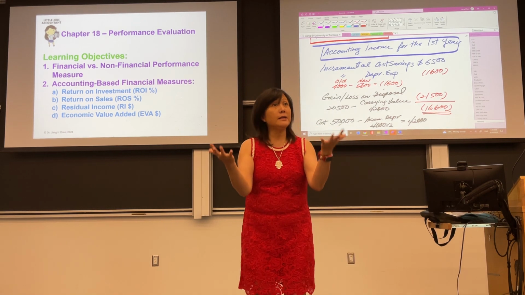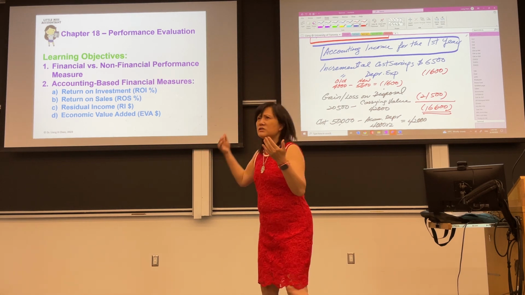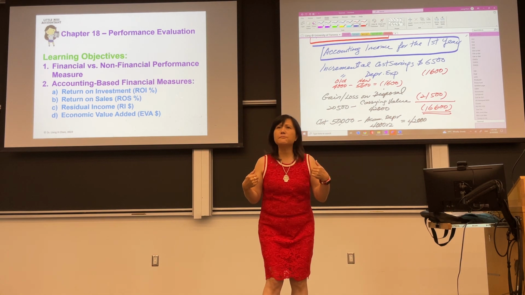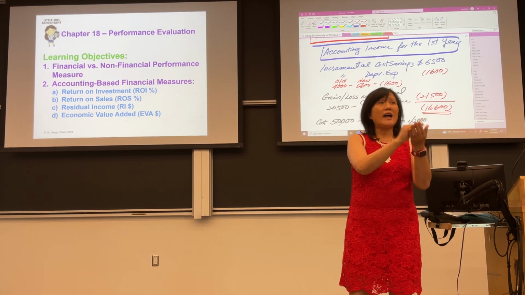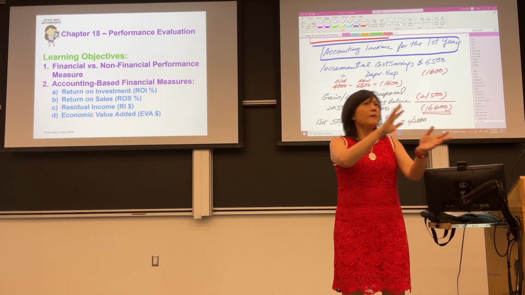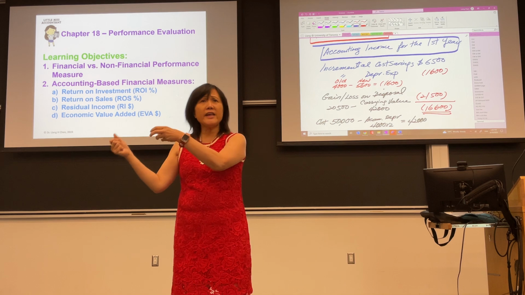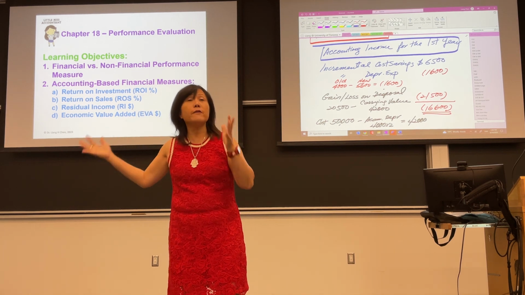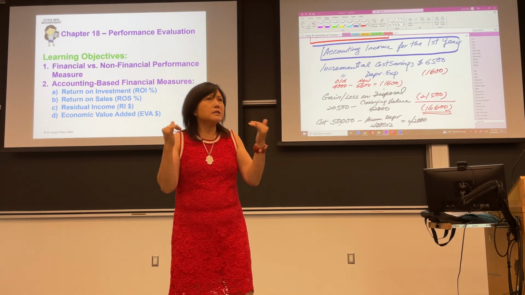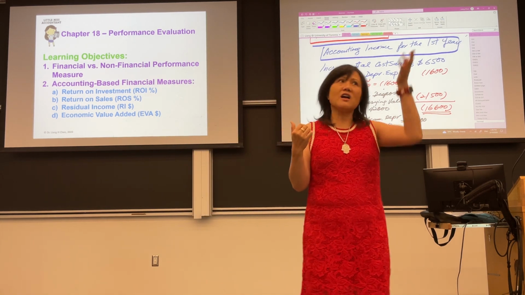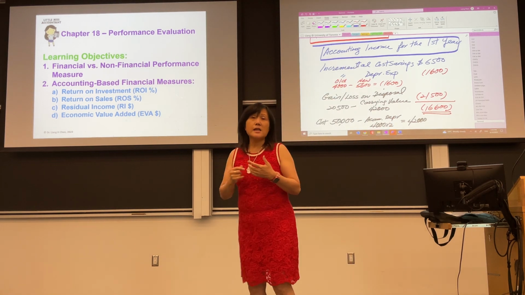So you may have two managers in the same company, but different countries, okay? If you're using the net income, here's a problem. What's the problem? One manager in the country with a high tax rate, you pay lots of taxes, you have a smaller net income. The other manager, maybe in Asia, the tax rate is small, looks very good. So you don't want this to happen because tax is something the manager cannot control. The government says you have to pay this amount. So it won't be fair if we use the net income.